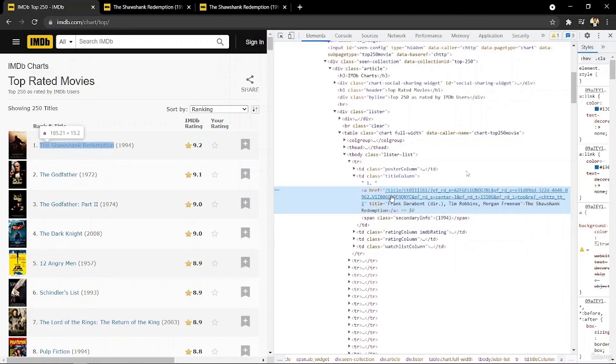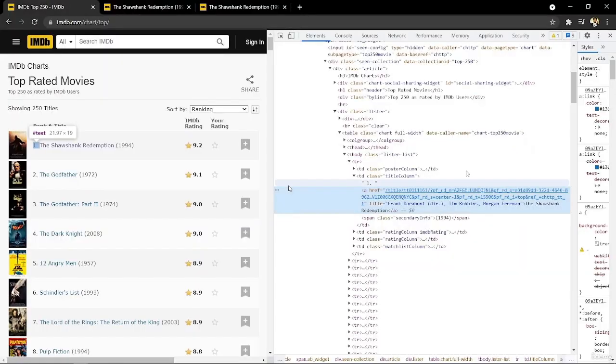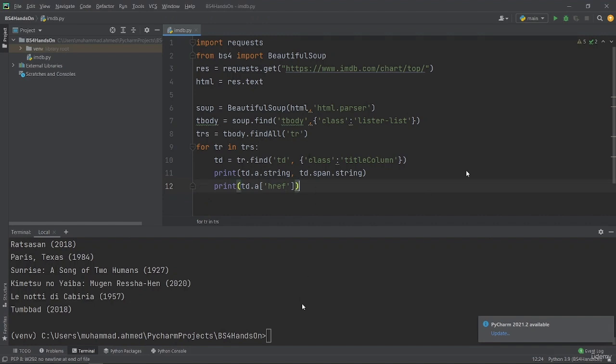Now we want to get this attribute href. For that, let's say print td.a, and for the a, as I mentioned earlier, if you want to access any attribute of the tag, you go for the braces, and inside that you provide the name of the attribute. So we go for the href, and when we do, it will provide us with the actual link of the movie. So if we run that now,